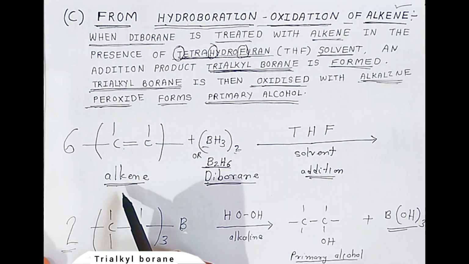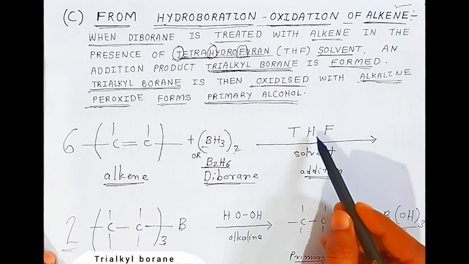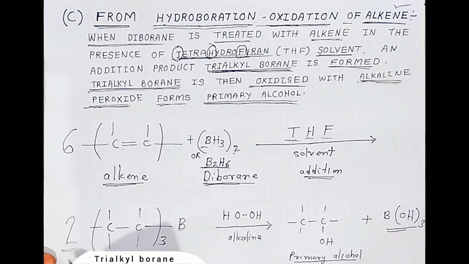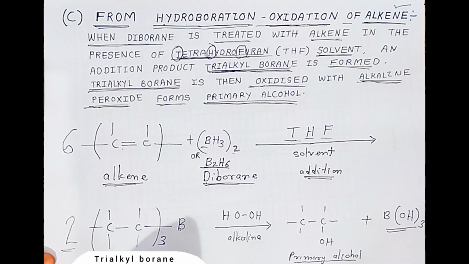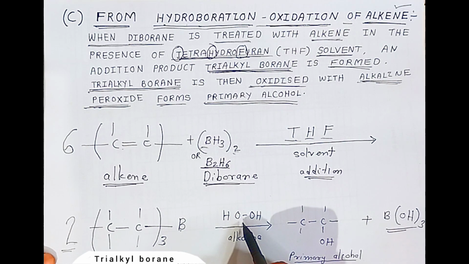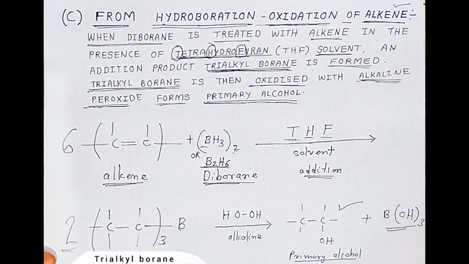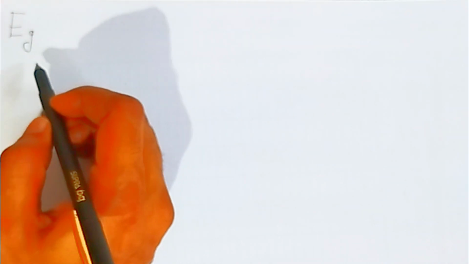So six molecules of alkene react with diborane in the presence of the solvent, that is tetrahydrofuran. It will give you two molecules of trialkyl borane. These two molecules of trialkyl borane react with hydrogen peroxide. Okay, students, this is hydrogen peroxide, and it forms primary alcohol. This is primary alcohol. See, for example, students,